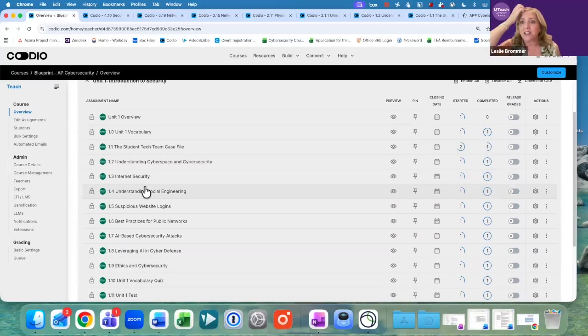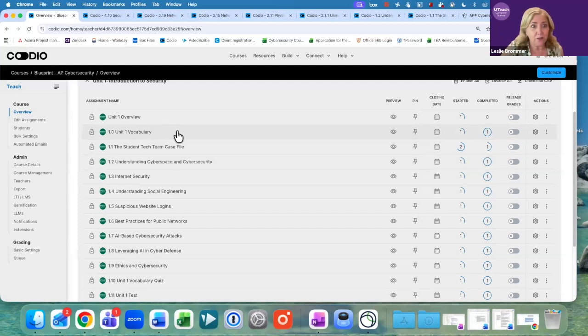Because I just took some things that were in our foundational course, like the definition of cybersecurity. Well, that really wasn't in the framework, and I thought that would be something important for students that they would need to know. I'm not dissing the College Board, but because I taught cybersecurity, I know what students need to know. And if I felt like there were some gaps, I put an additional assignment in there. And I'll show you how you can tell what I call a foundational assignment versus directly aligned.